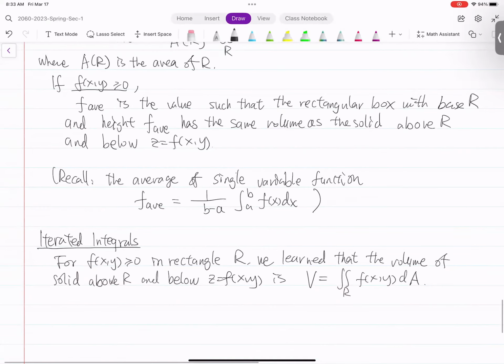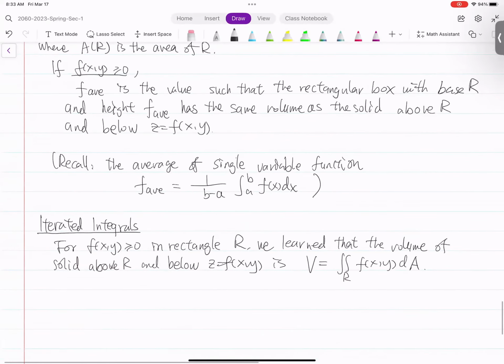Make sure to write dA. Such volume can be computed